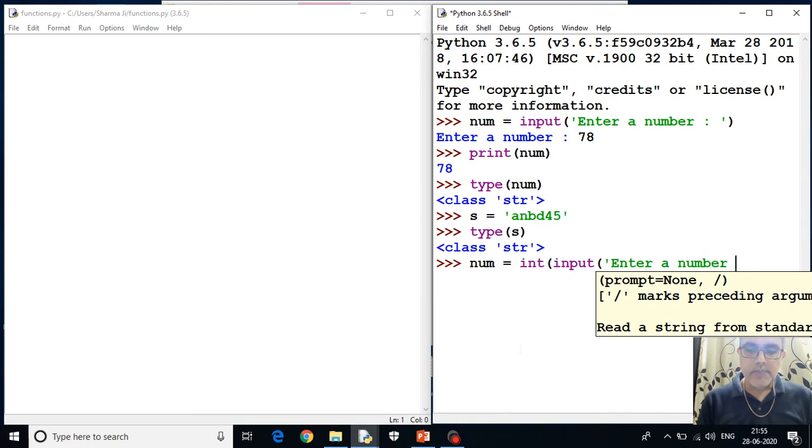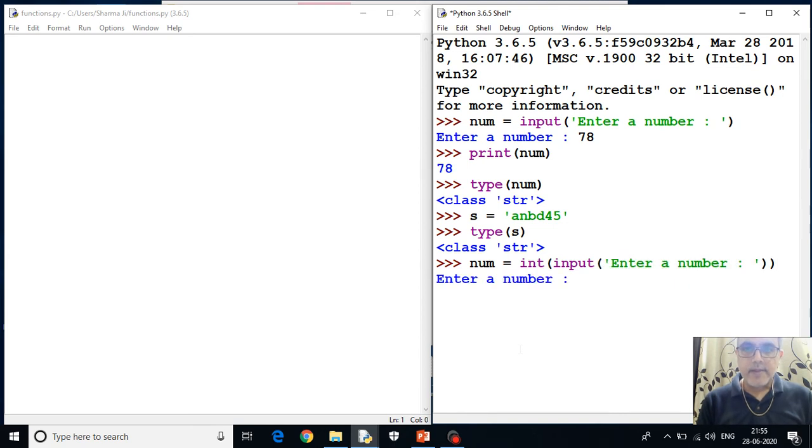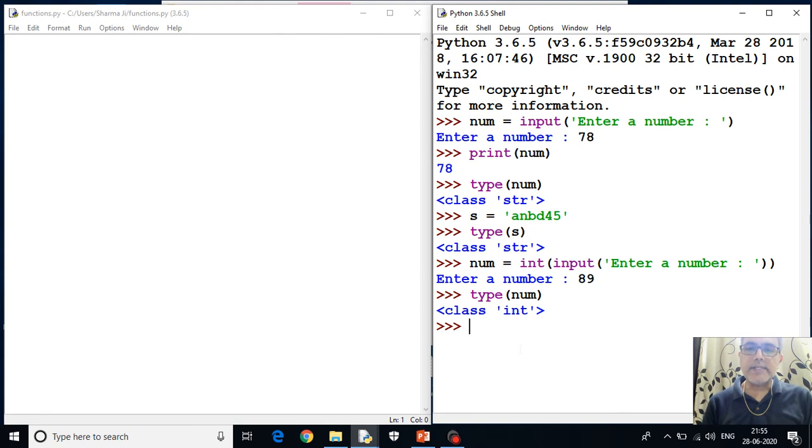Okay, so if I write, now it is asking for a number. If I write 89, now if I write what is the type of num, now this time it is showing integer.